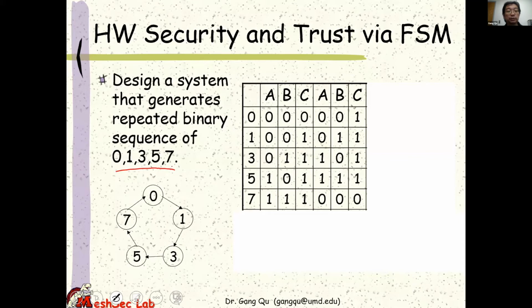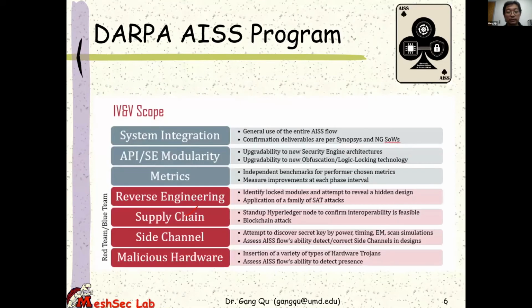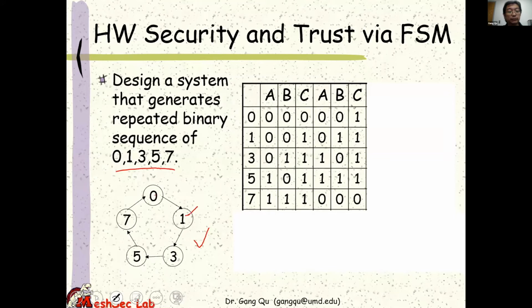or the pattern recognizer. So you are going to recognize, for example, a pattern of 5 objects, which can be represented in this case as 0, 1, 3, 5, 7. And this pattern will show up repeatedly, one after another. This is represented by what people call a finite state machine, where you have 5 states: state 0, state 1, state 3, state 5, and state 7, and then you go back to 0.